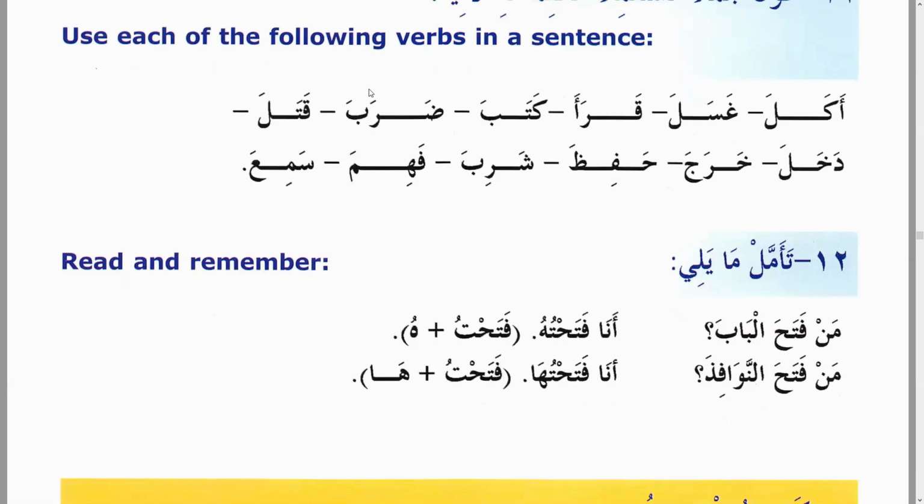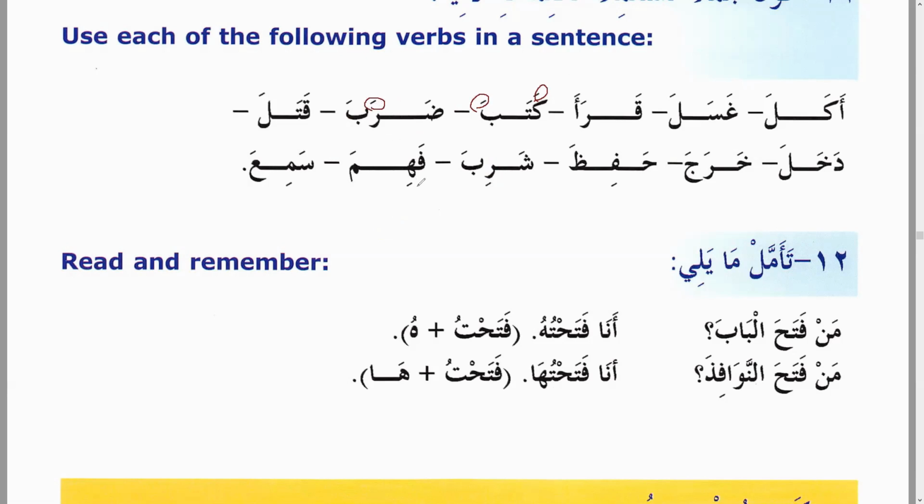Right, fahima. So only the ain kalima in between can have fatha, damma, or kasra. But 90% of the time, it will have either a fatha or a kasra. It will rarely have a damma, about 10%, like karuma, yakrumu. Very rare. 90% will be fatha or kasra, and most of the time it will be fatha itself. So the first letter and the last letter will always have a fatha, but the middle letter, 70 to 80% of the time, will have fatha itself.